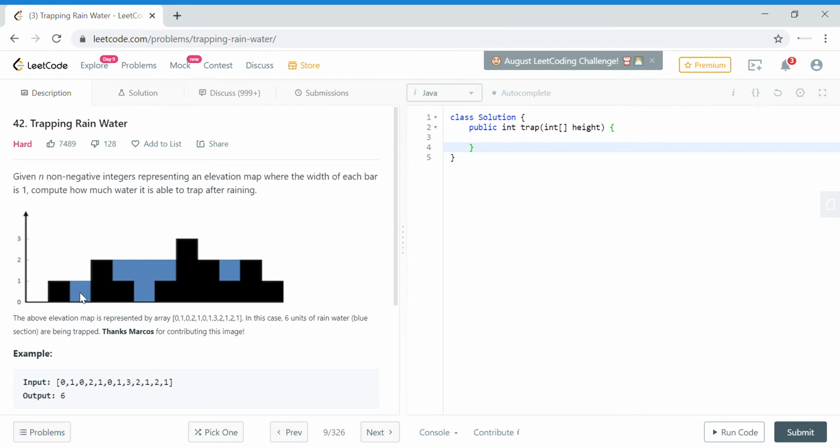If you know that the building on the left is this, which is of height 1, and the building on the right of this is this building, and when we talk about the height of the building, that will be like a local high, because on the right of this building is higher, but it cannot trap water for this one. So it will be like a local maxima on the left and local maxima on the right side.